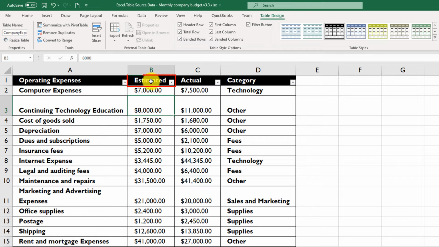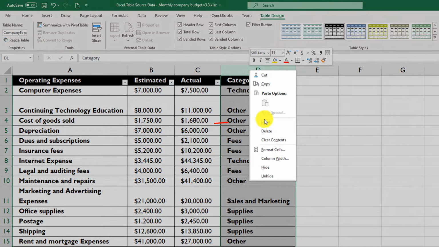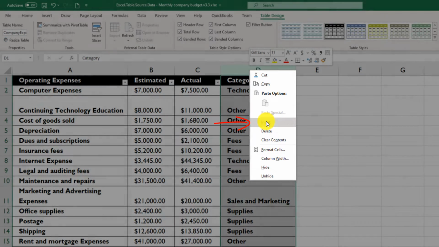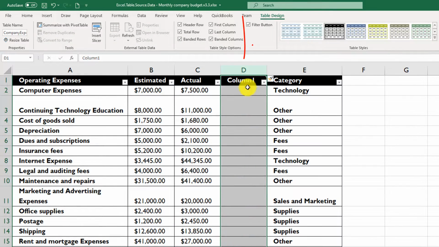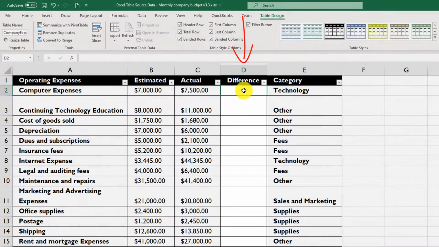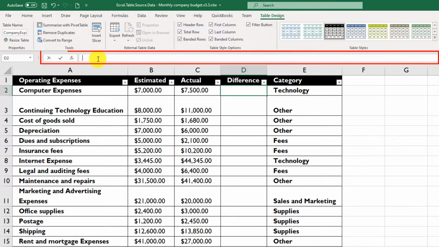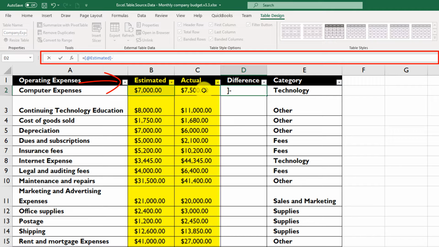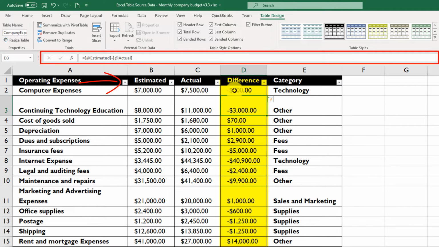Excel tables project calculations to the entire row. For example, we have estimated column and we have actuals column. Typically in the range, what you would need to do if you need to calculate the difference between estimated and actuals, you would need to insert another column, maybe call it difference. And in the typical Excel range, you would need to put formula in each one of these rows. In Excel table, you only need to put formula in just one cell in the new row. For example, your formula might be B2 estimated minus actual. And as you can see, Excel automatically calculates the values for all rows by just you inserting the formula into